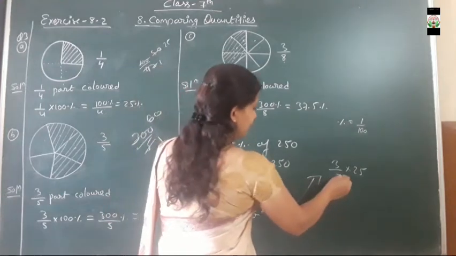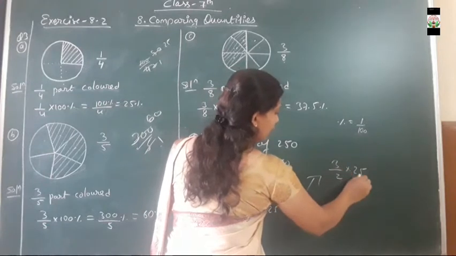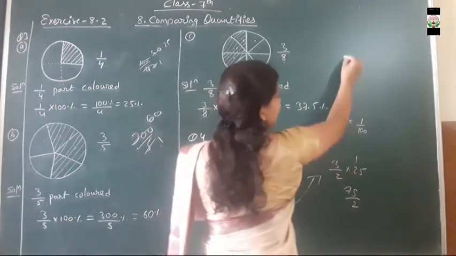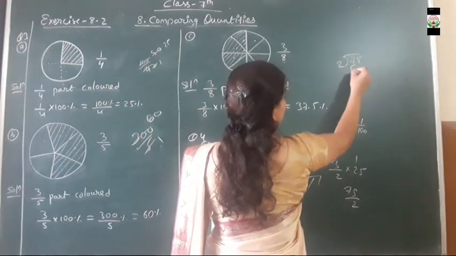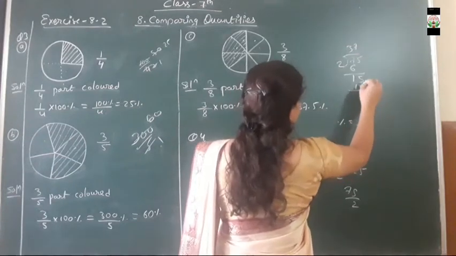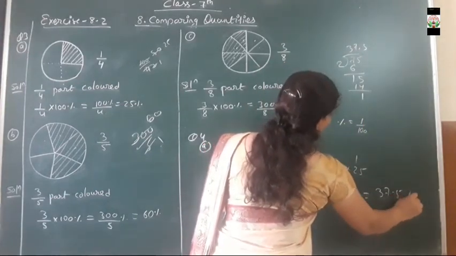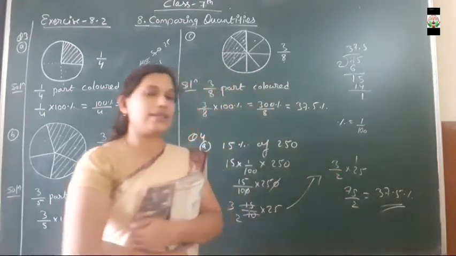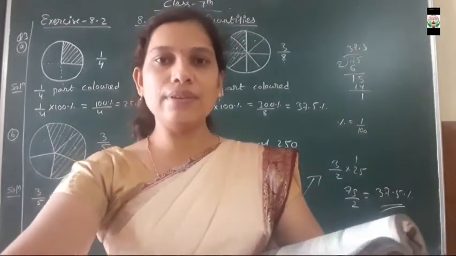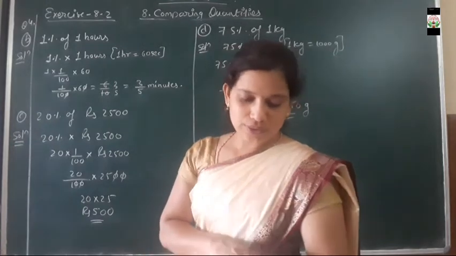Now multiply it. So here we are going to divide it. So 3 5 times 25: 5 times 5, 25, carry 2, 3 times 5, 15, plus 2, 17, so 75 upon 2. Now divide 75 upon 2 by the table of 2. So here 6 is coming 3 times. 1 is carried, 15, that means 14, 7 times. Here again 1 carry, that means 5. So here the answer will be 37.5%. This is the required answer. So in this way we are going to do all the parts of question number 4. Clear everyone?